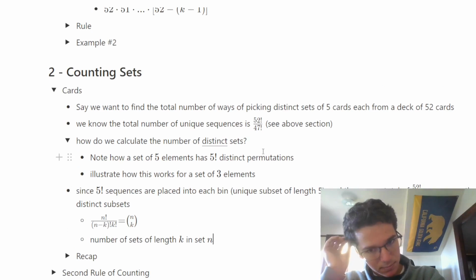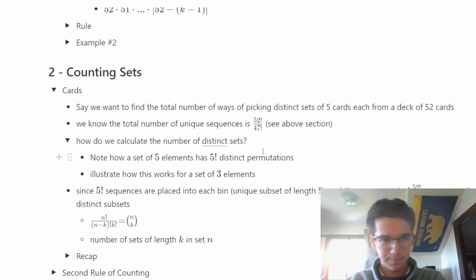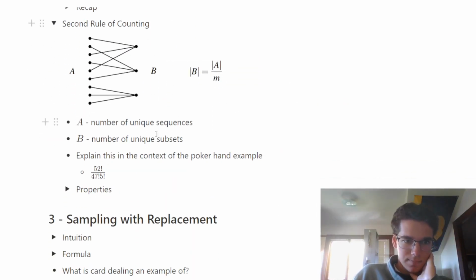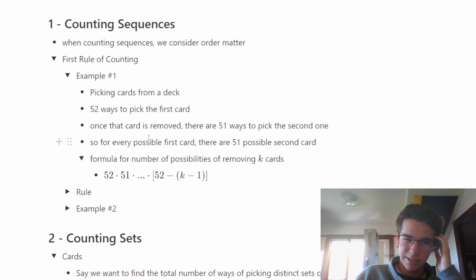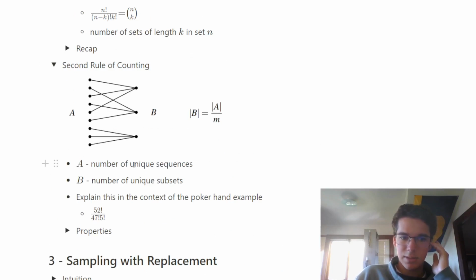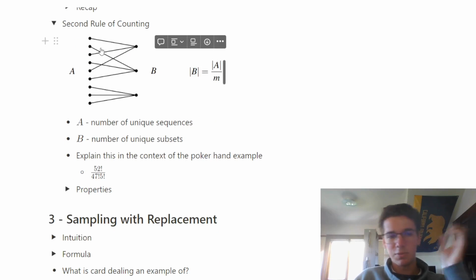Okay. Second rule of counting. I guess this is more of a visualization. Again, these rules are more like generalizations of specific things. But basically, we're going to have the set A, which is a number of unique sequences, and B, which is a set of unique subsets. And these unique sequences will map to certain subsets, where